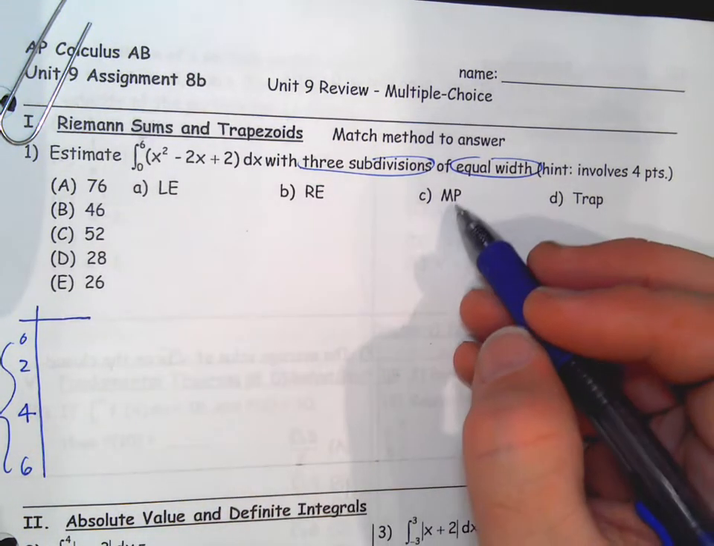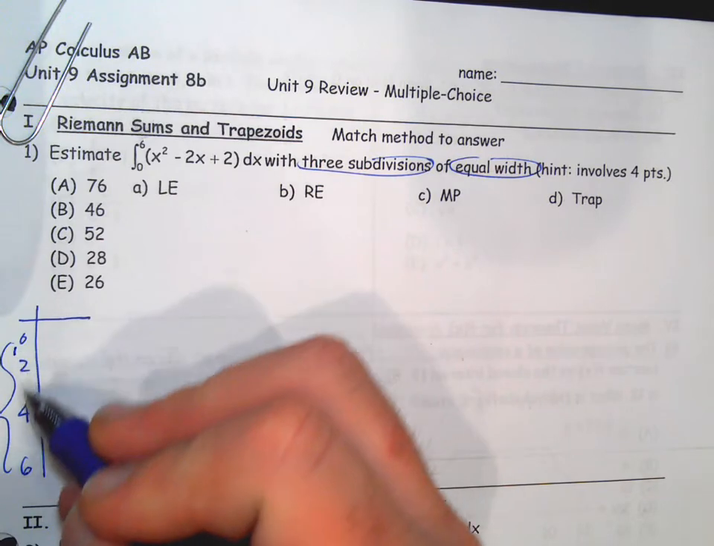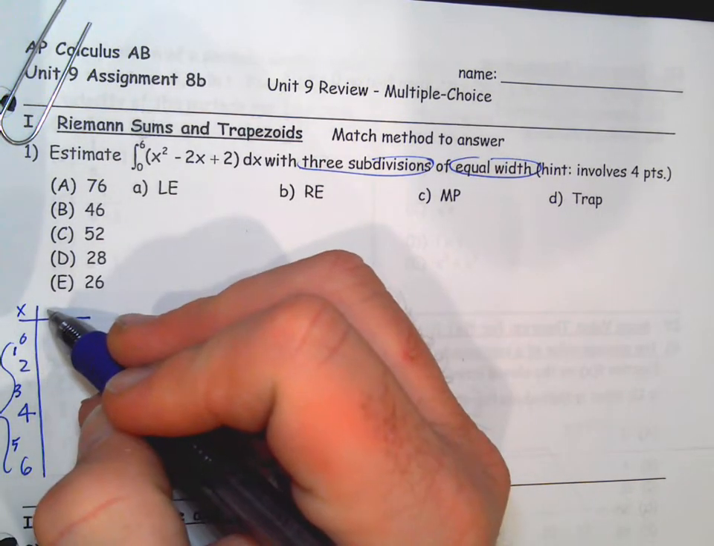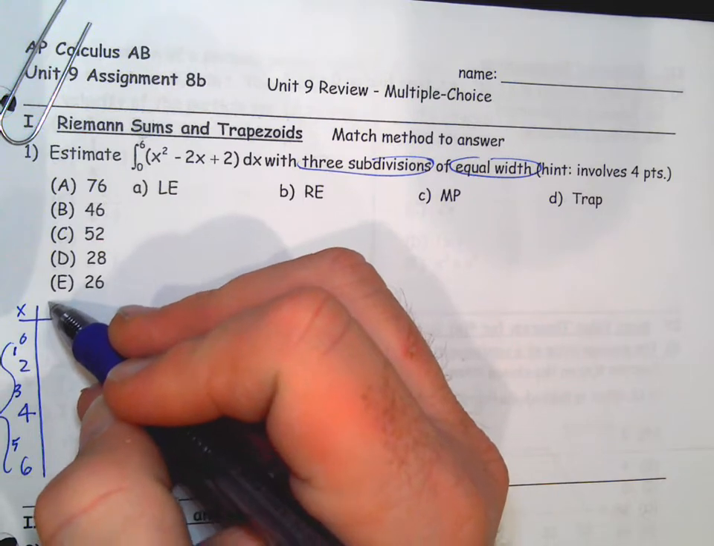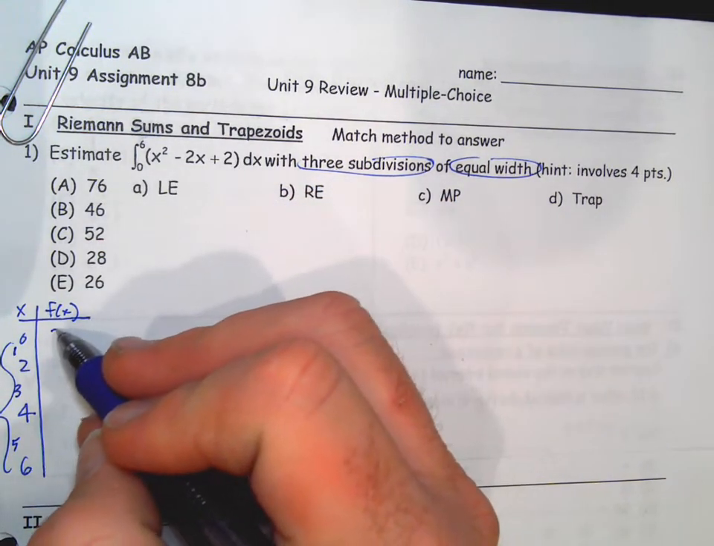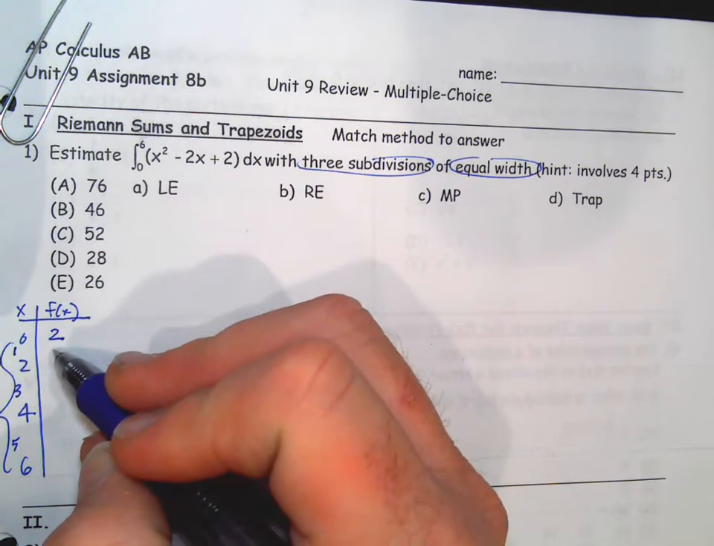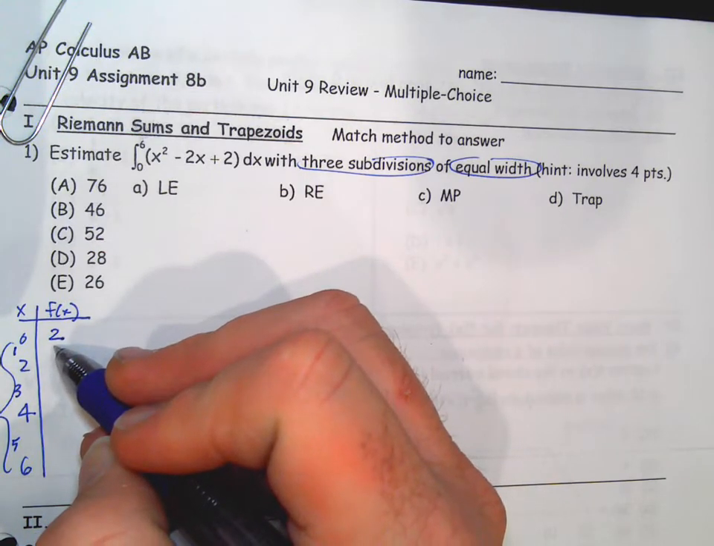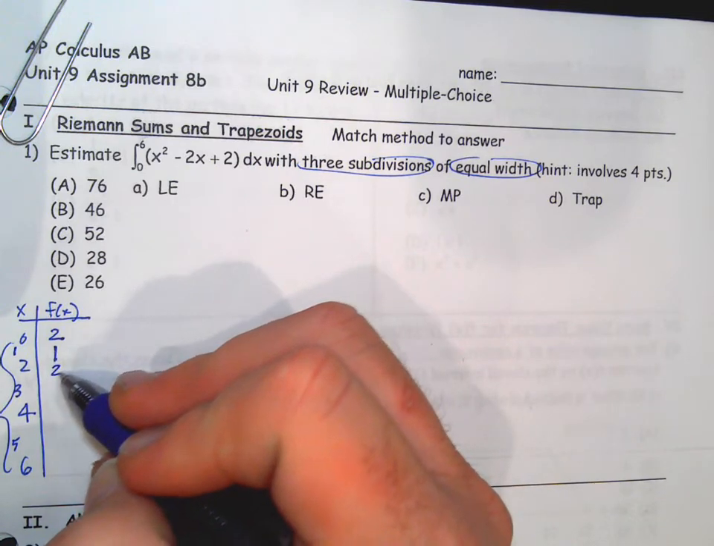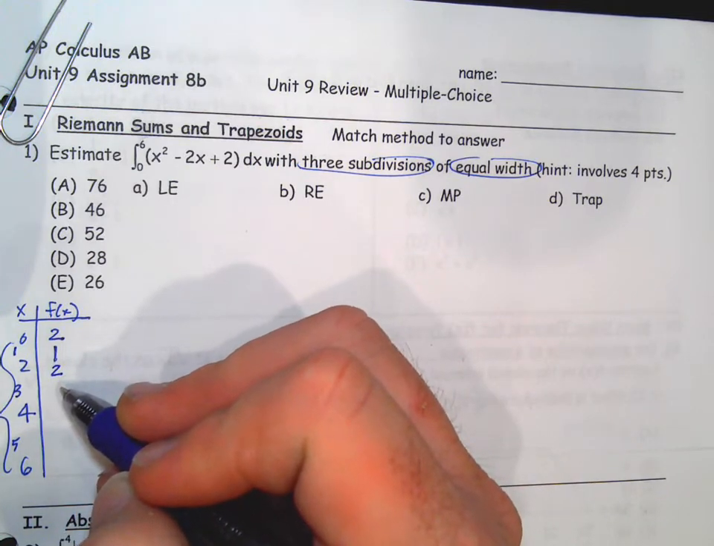For midpoint, we're going to have to do the ones in between, so we might do those too: 1, 3, 5. So we're going to plug these into f of x, the actual function there. Plug 0 in, you get 2. Plug 1 in, you get 1. Plug 2 in, you get 4 minus 2, you get 2. Plug 3 in, you get 9 minus 6 is 3,